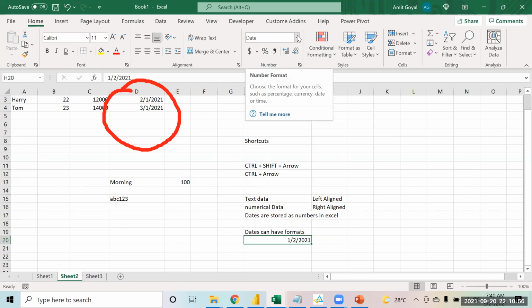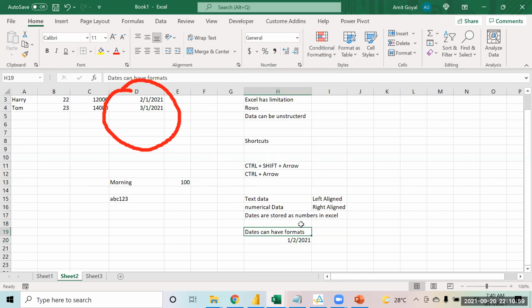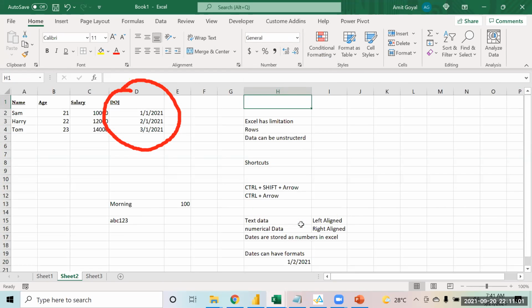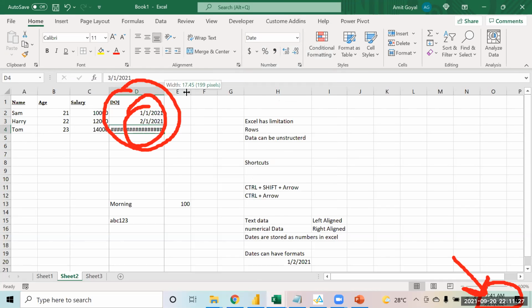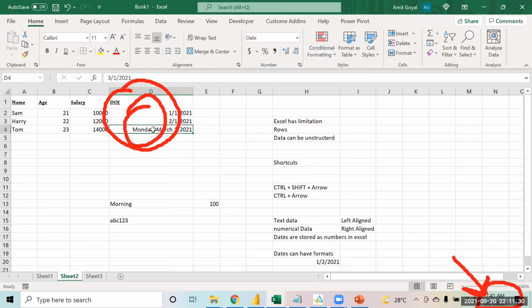If you're applying those different formats and I share this file with you, by default Excel is going to use the date format that you have on your system. If your system has month, day, and year, Excel shows the date in that same format. So how can you apply the format? Click on this date and you can make it a long date. A date can be written like this, Monday, March. So a date can have a variety of formats.